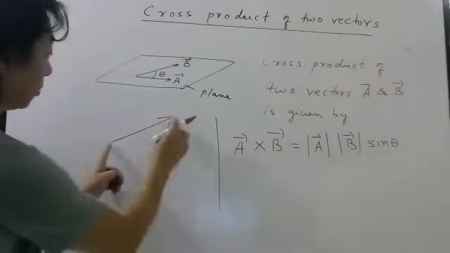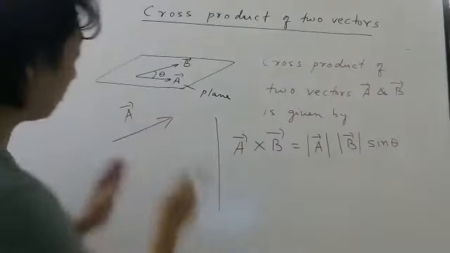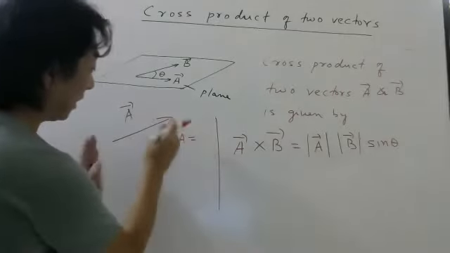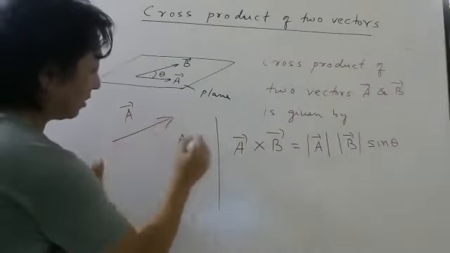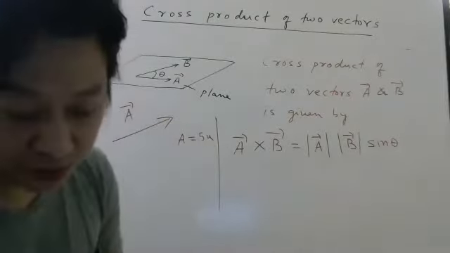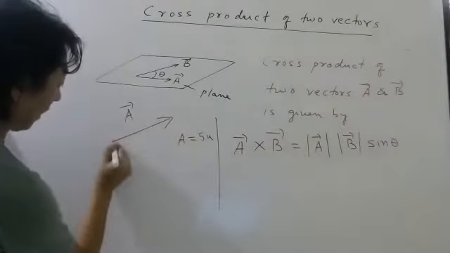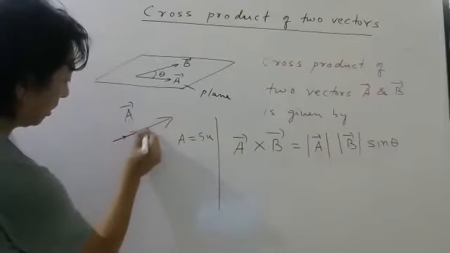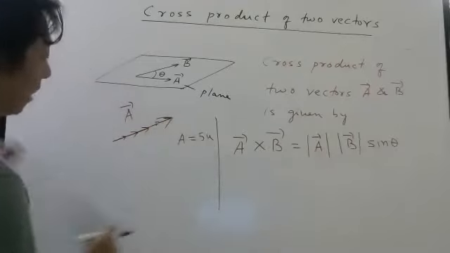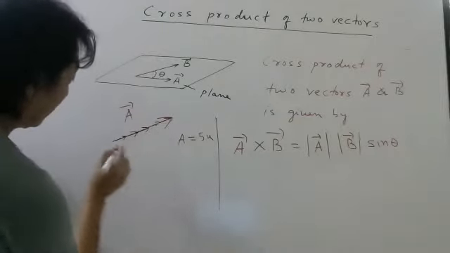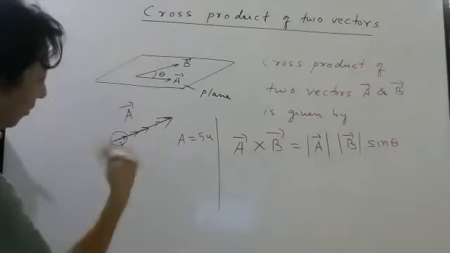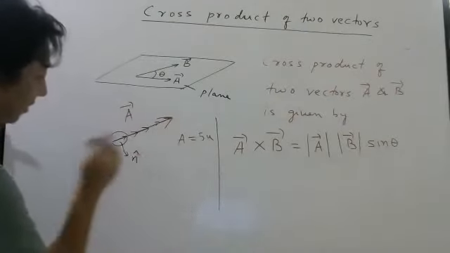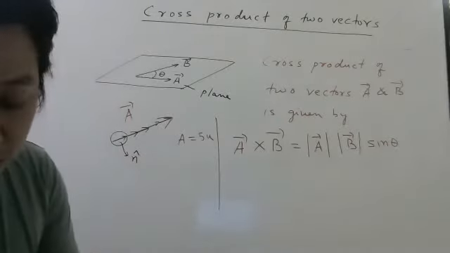Just look here. Suppose this is a vector A bar. Now, this vector will have some magnitude. How do you write magnitude? Like this. Magnitude means the length of this vector. Let us say the length of this vector is 5 units. Then I can write this vector as 1 unit vector, 1 more, 2, 3, 4, 5. So I have divided this vector into 5 parts. This one part is what we call a unit vector, because I have divided this into 5 parts. Unit vector means a vector whose magnitude is 1.